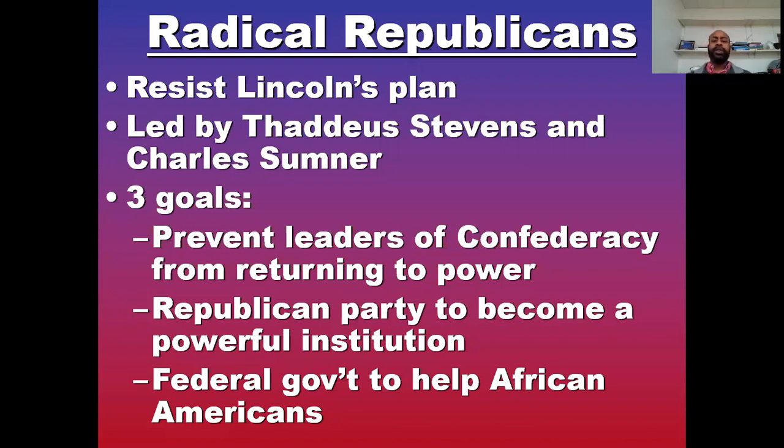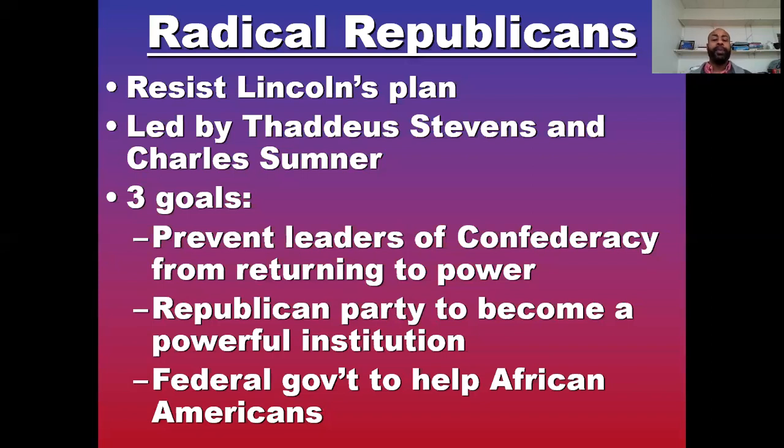And so first, when they read Lincoln's plan, they didn't like it because they were like, that was too easy. It's too lenient, too soft. He's being soft. And so the Republicans in the Congress came up with 3 goals. First, we need to punish the politicians that left. So no politician that left to form their own country should be coming back and welcomed into the halls of Congress. That's done. Your political career is over.